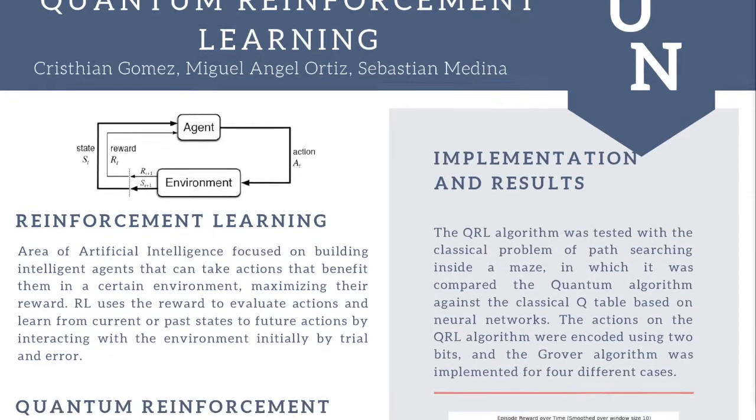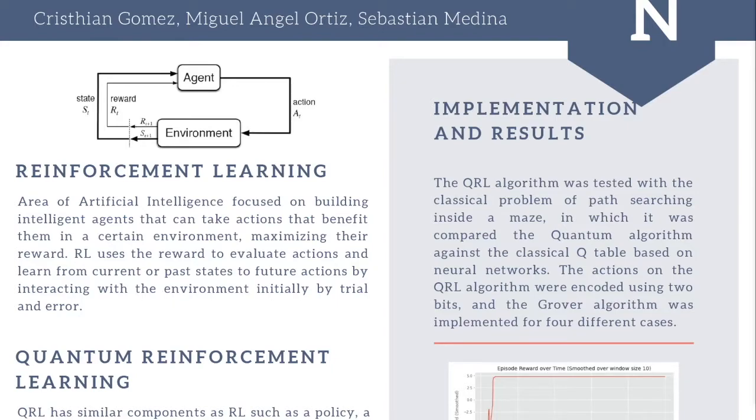As a brief introduction, reinforcement learning is a very important area in artificial intelligence that focuses on building intelligent agents that can learn to maximize their reward through trial and error from the environment. This area of learning is very important in robotics, finance, natural language processing, and lately, especially in self-driving cars. Reinforcement learning has some issues that mainly involve the difficulty of the learning task and the training speed, since learnable parameters in complex RL problems can grow exponentially. That's why a quantum approach can be useful.